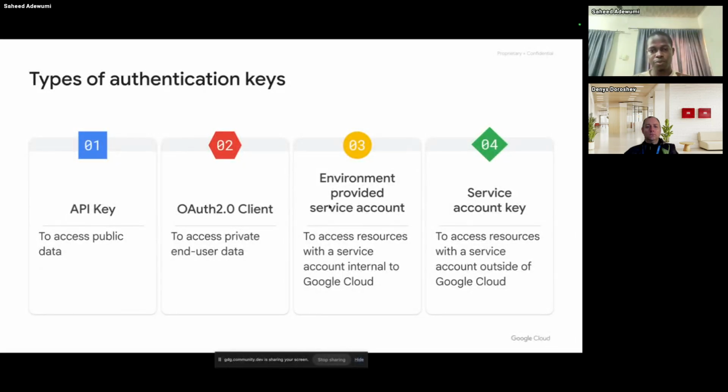And we have the environment-provided service account. Environment-provided is used to access resources with a service account internal to Google Cloud. So this is more of an internal service, like whenever you are using a VPN to access an on-prem cloud infrastructure. This is a very good use case for it. And we have the service account key, to access resources with a service account outside of Google Cloud. So this is just to have access